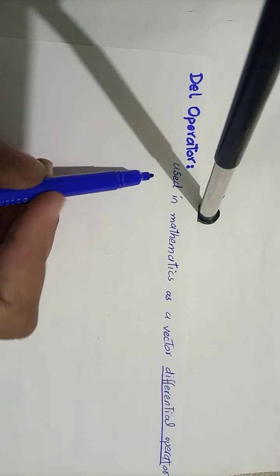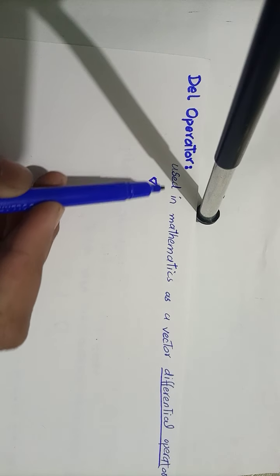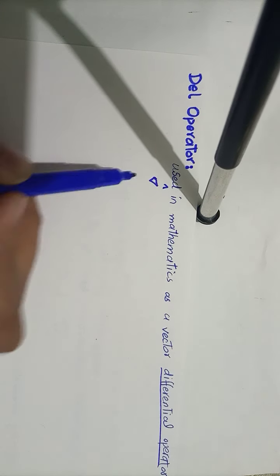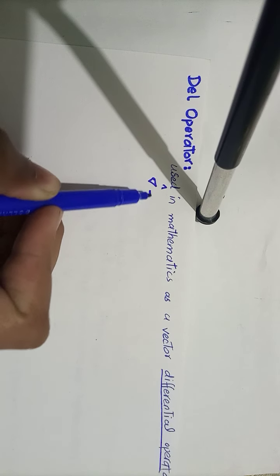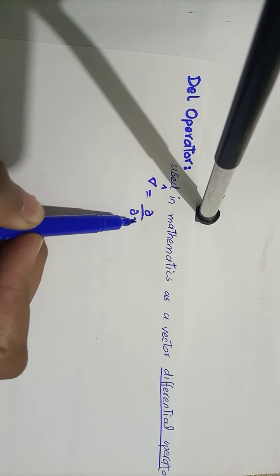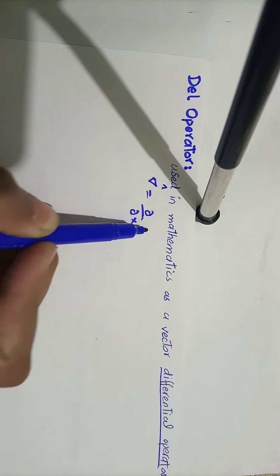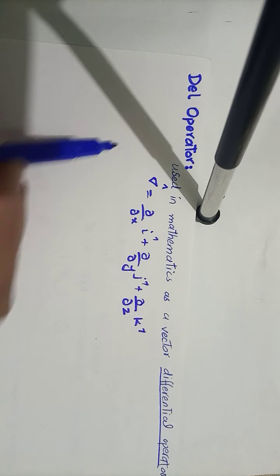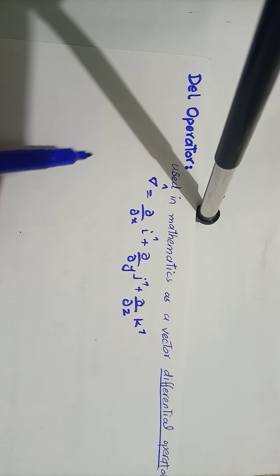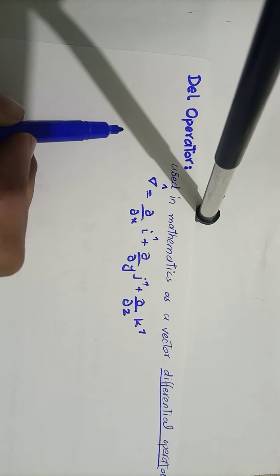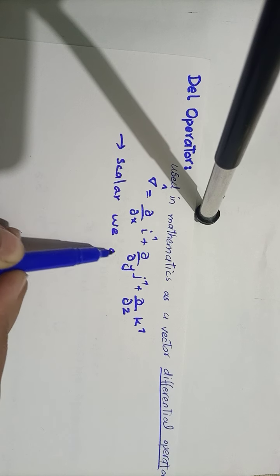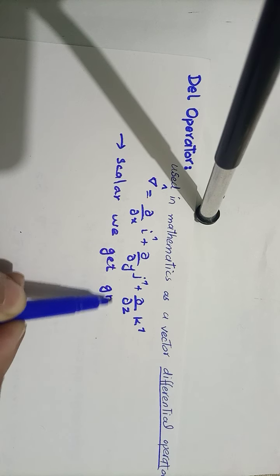It is represented by the symbol nabla, nabla hat. It is equal to partial over partial x i, plus partial over partial y j, plus partial over partial z k. The del operator is basically applied on a scalar and a vector. When it is applied on a scalar, we get a gradient. When it is applied on a vector,